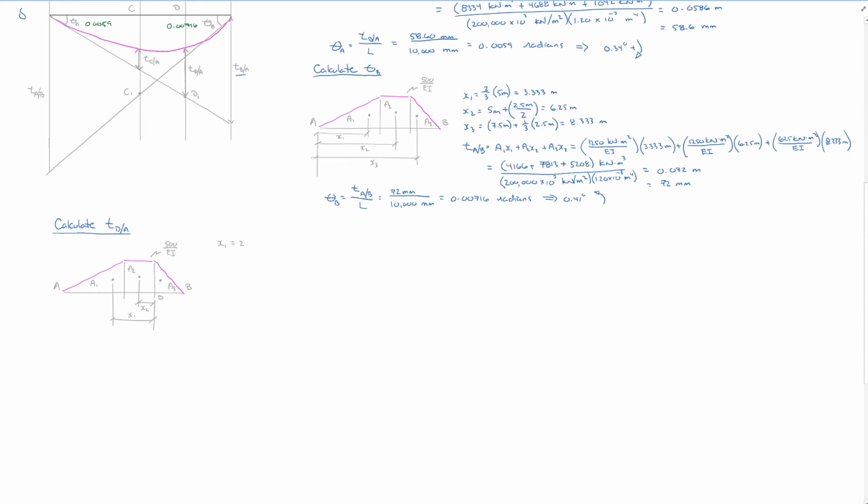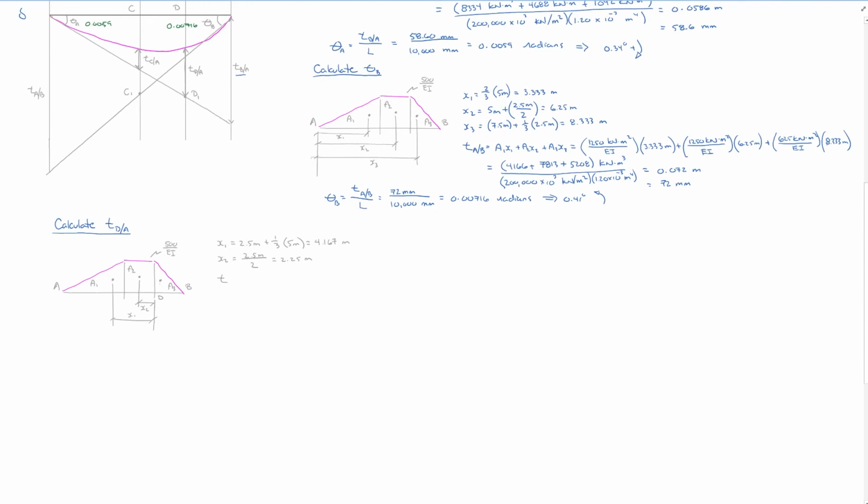And x1 is going to be equal to our 2.5 meters plus 1/3 of 5 meters, which is the base. And that's equal to 4.167 meters. X2 is equal to half of our 2.5 meter distance, or 1.25 meters. And again, we still have area 1 and area 2 have already been calculated, so we